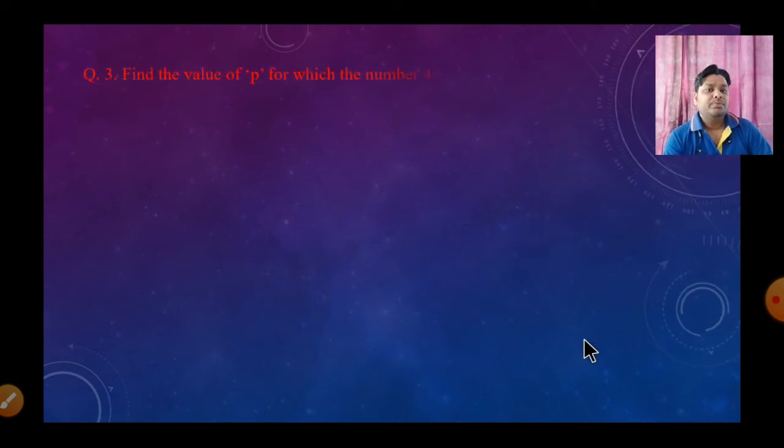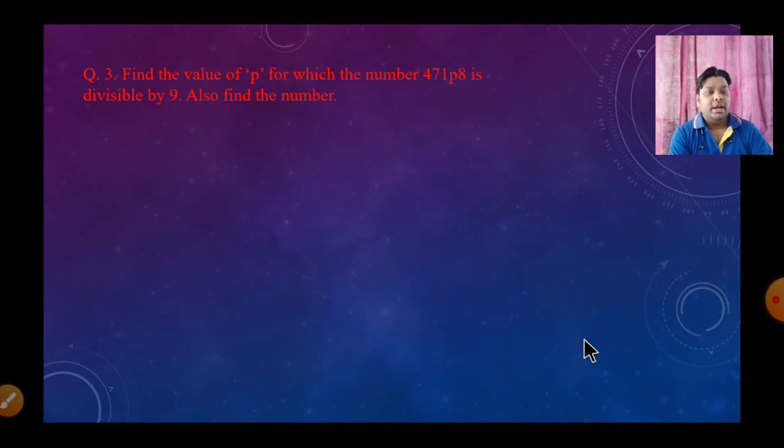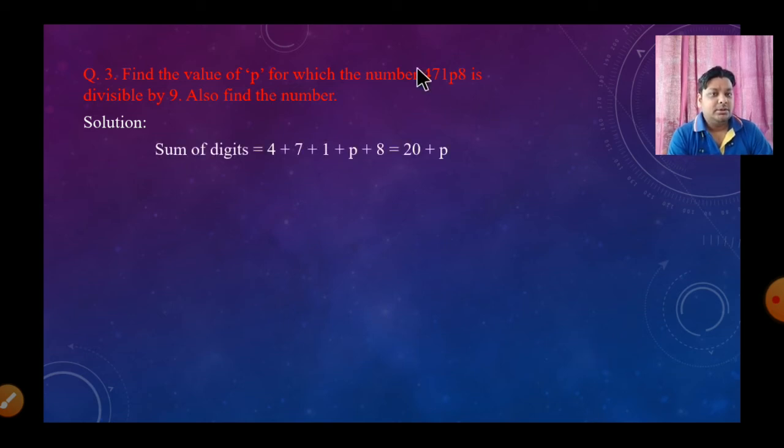Now this time we have to find the value of p. Now it is divisible by 9, not by 3. So again we will repeat the process of the divisibility test by 9. That is, we have to add all the digits of the number. So after adding we will get 20 plus p. Now again, if you see the table of 9, then you have to take that number. If it is written find the value of p only, it means we have to take only one value, and it should be the least value, not the largest value.